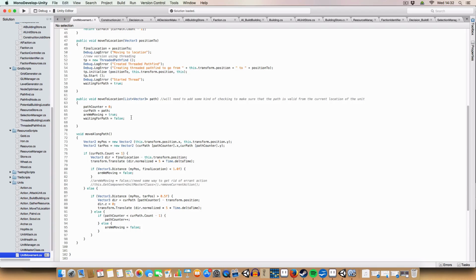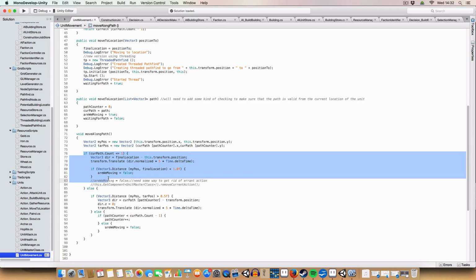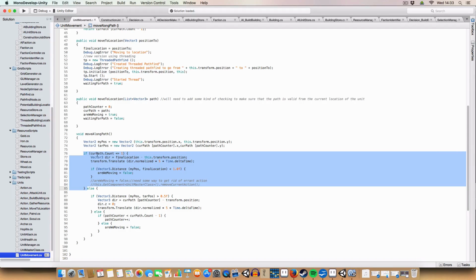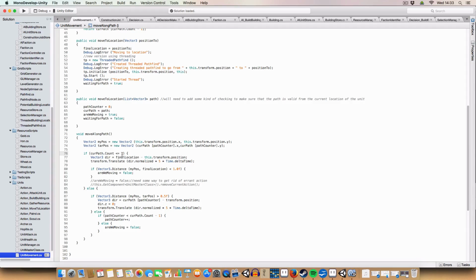Also, just one more quick temporary fix. Occasionally, paths would return a path that was just a length of 1 because for some reason they just wouldn't find it. I believe it's due to units being stuck on an unwalkable node, and then the pathfinding algorithm can't find a way off that node, so it just leaves it there and returns a list of length 1. To get around that, until I find a more permanent, better solution, I've implemented this, so it checks if the current path is less than or equal to 1 in length, so it normally just returns the